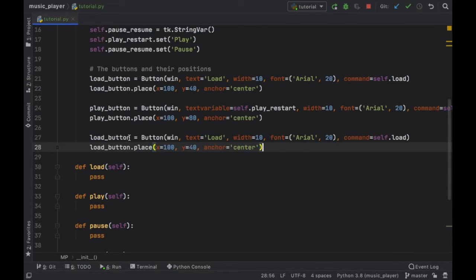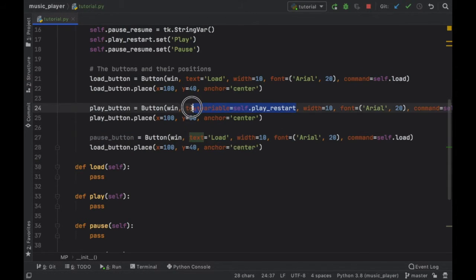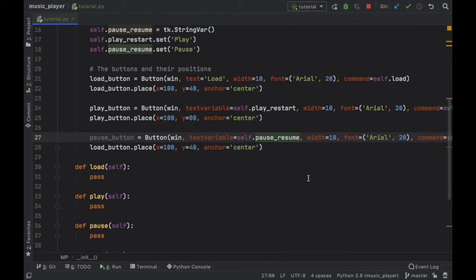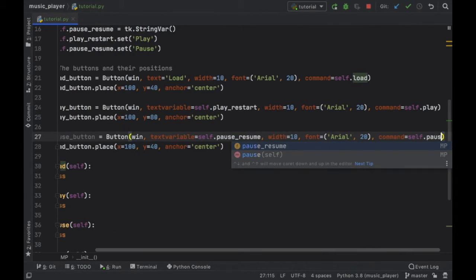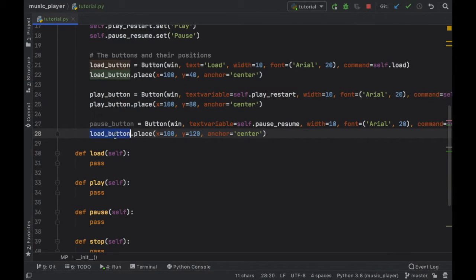Right under that, we're going to go ahead and change this to a pause button. And inside here, we're going to have another text variable. So we can actually just copy the one from above and paste it inside here. But of course, we need to change this to the pause resume variable, and make sure to change the command to pause, of course. Then we want to update the y to 120 and change this part here to pause